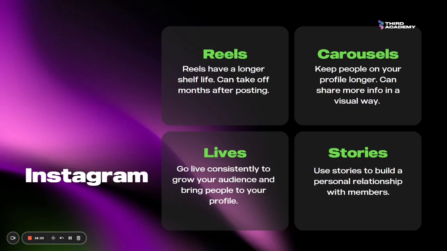If you wanted to grow your Instagram account in order to reach people there and then filter them into your community hub, Lives is a great way to do this because it makes it more personal. And then, of course, stories is a very personal way because stories reach your followers, and the people that are following you might want a sneak peek into like a behind the scenes, a day in the life, or something that's going on within your community.